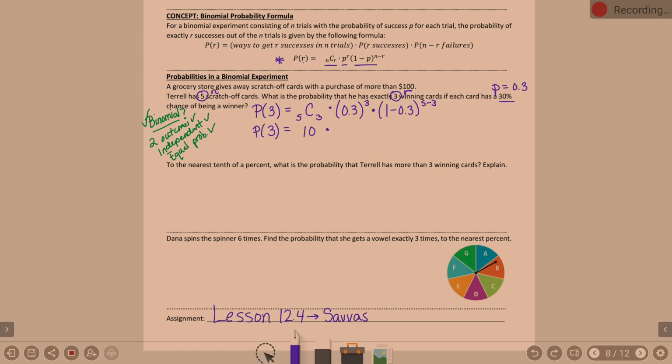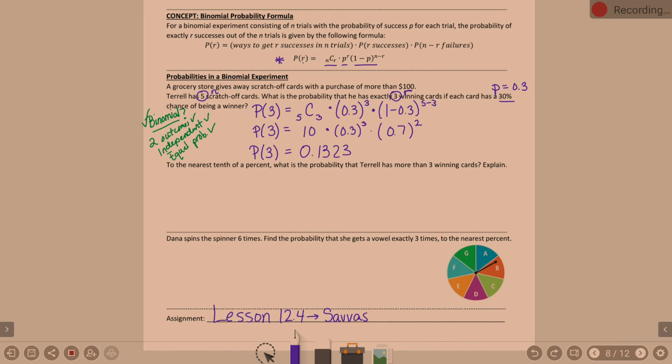0.3 to the third, I'm going to leave for the moment. And I'm going to go down here and clean up this next piece. 1 minus 0.3 is 0.7. 0.7 to the 5 minus 3, so 0.7 to the 2. If you can, I would just punch that all into the calculator at once. 10 times 0.3 to the third. Make sure you move out of the exponent, times 0.7 to the 2. I have that is